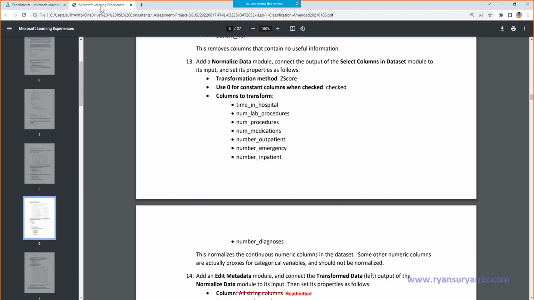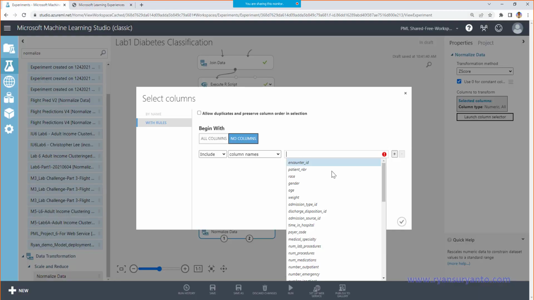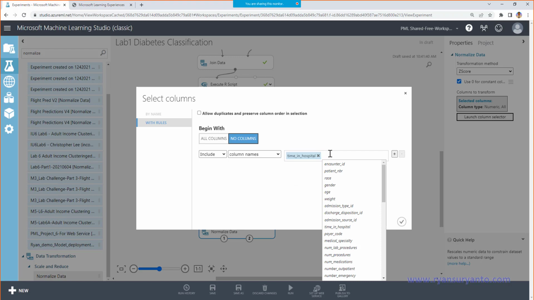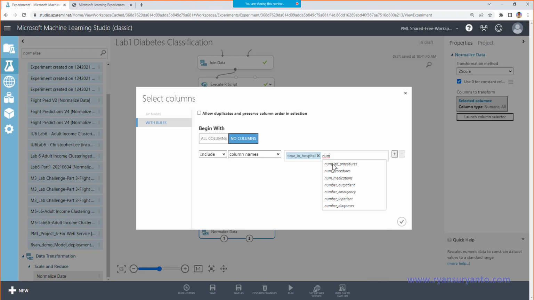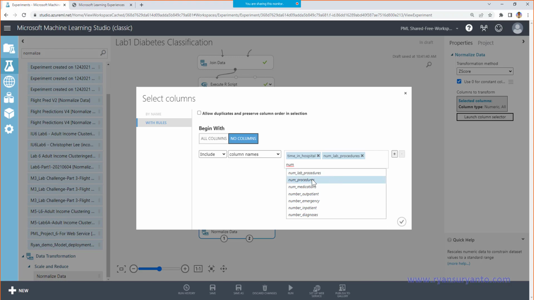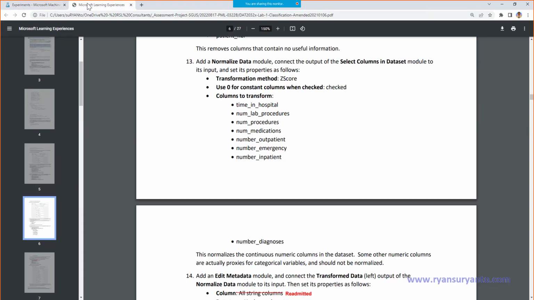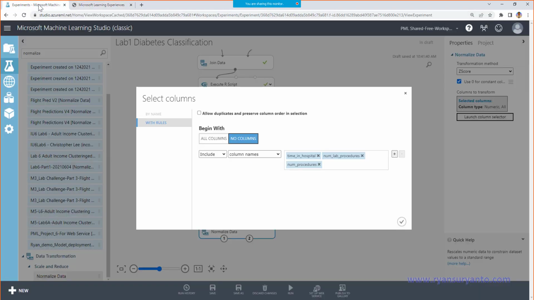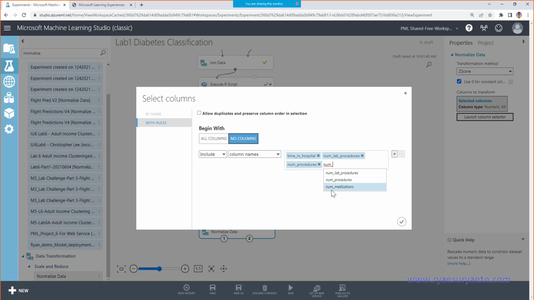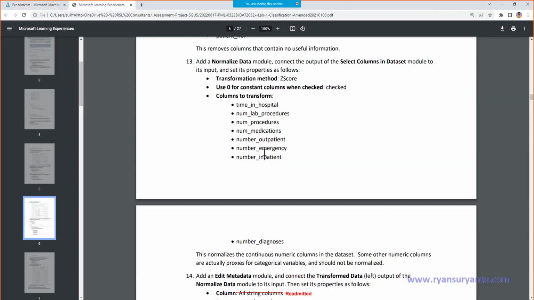Time in hospital, num lab procedure, num procedure, num medication, number outpatient, number emergency, number inpatient.